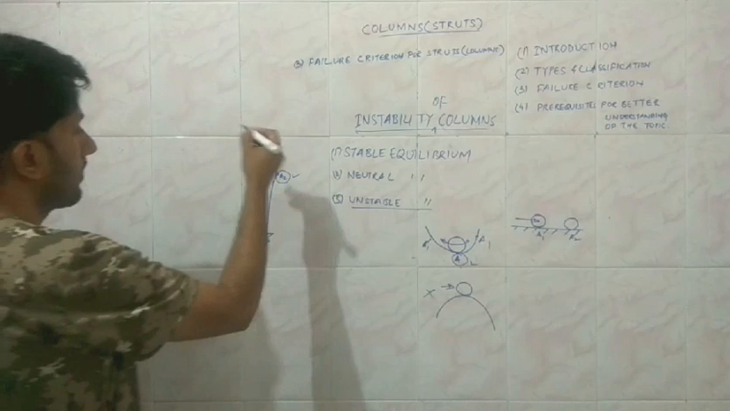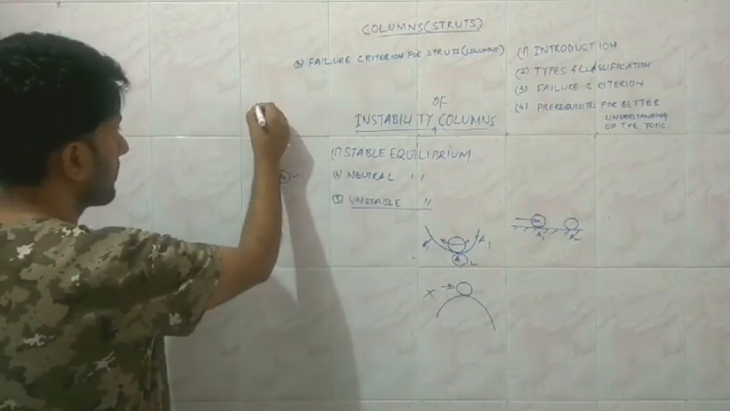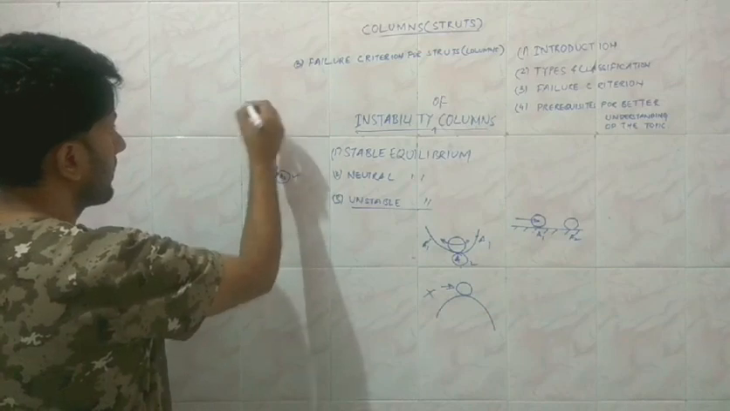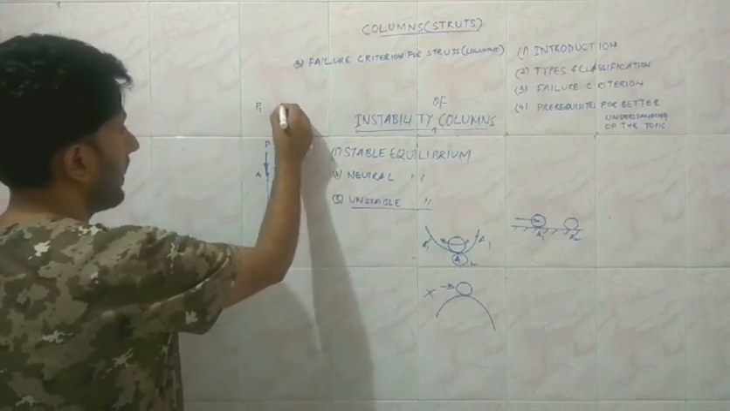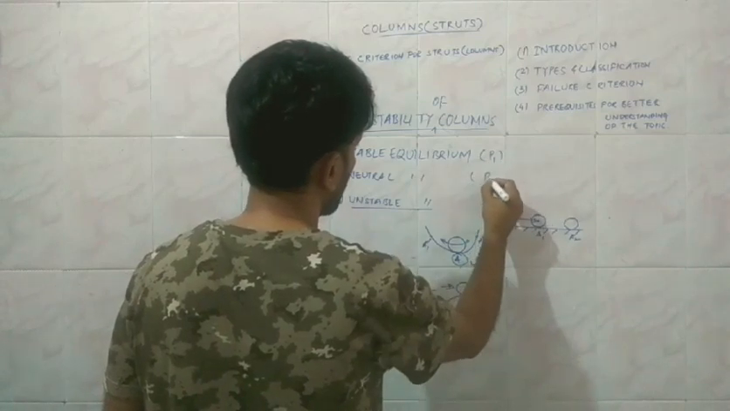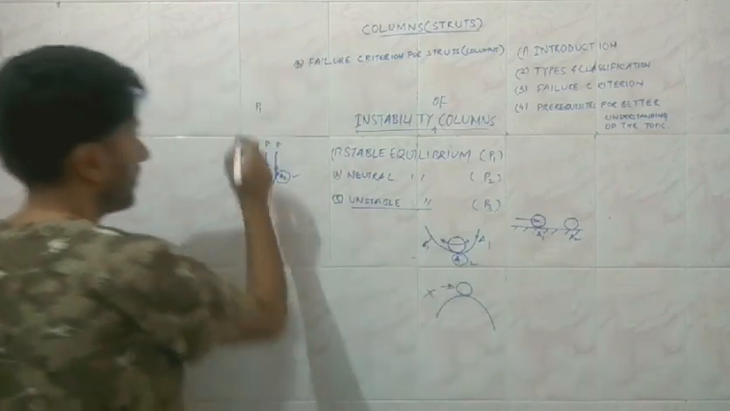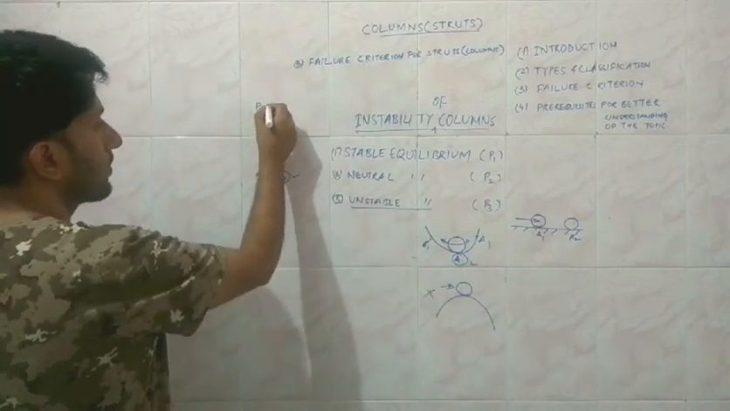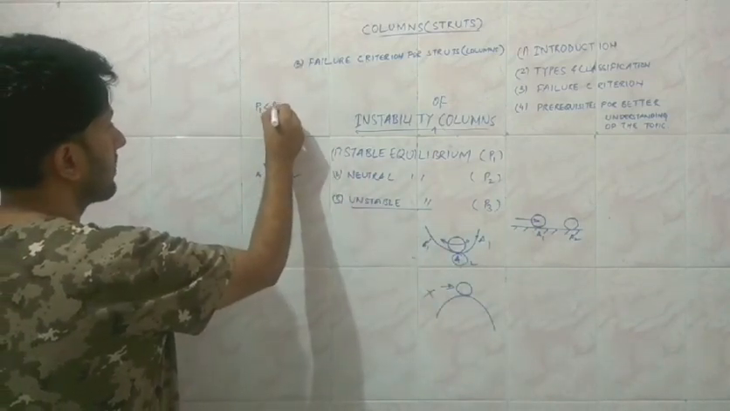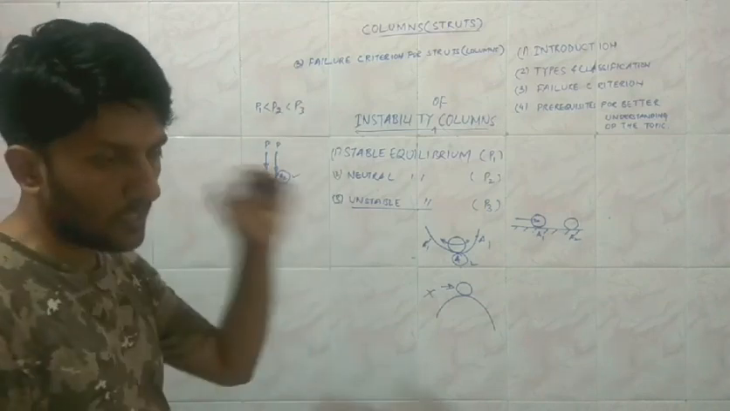Obviously, the value of the loads in the first case, where we are talking about the stable equilibrium, say load is P1, and for another case the load is P2, and for the third case the load is P3. So the relative magnitudes of the load are such that P1 is less than P2 is less than P3. So P3 is going to be the maximum load,